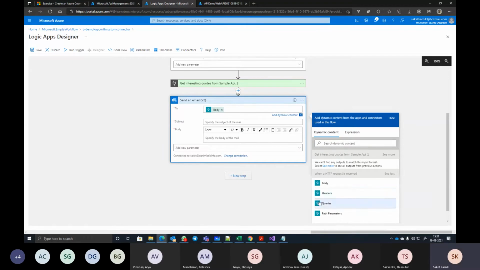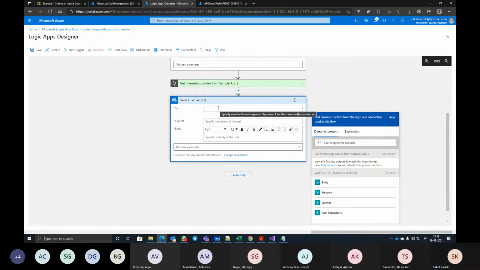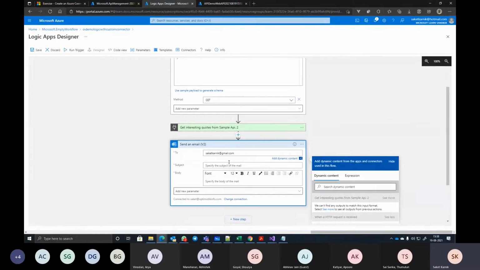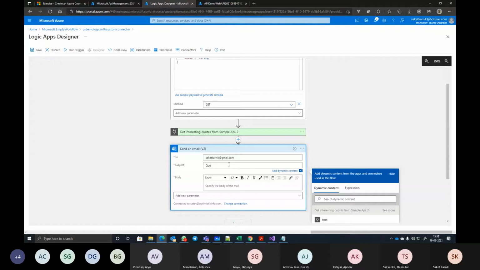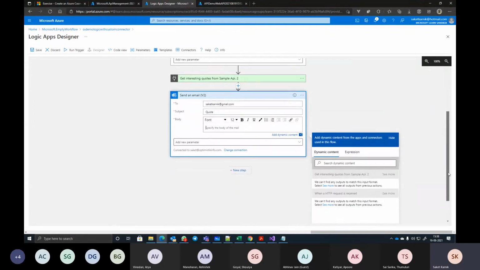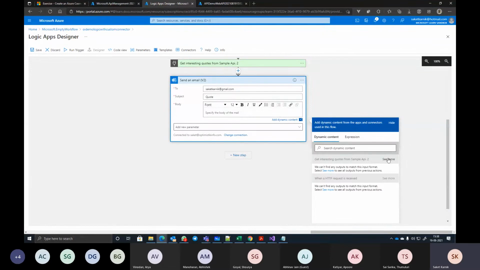I can actually get it from the queries also. Let's make it queries. Or maybe to keep it simple, I'll just say send it to a predefined mailbox. You can explore it further, how to take in the email ID and all. But now we'll not get into that. Subject is quote, and the body I want should be from the sample API output.